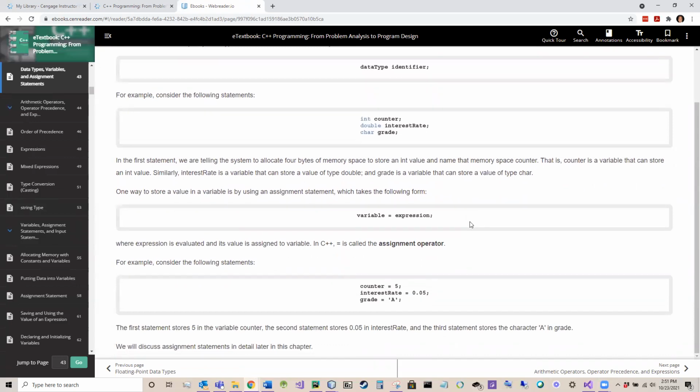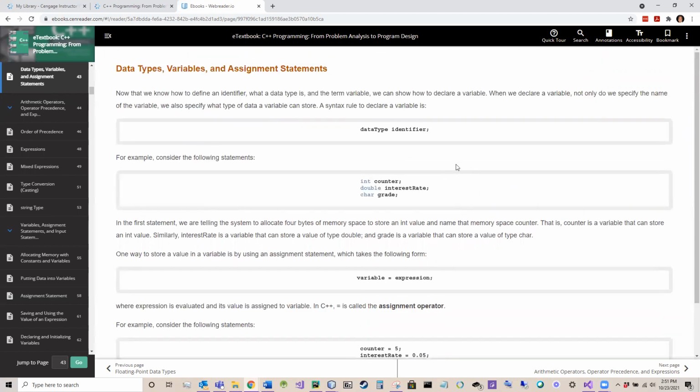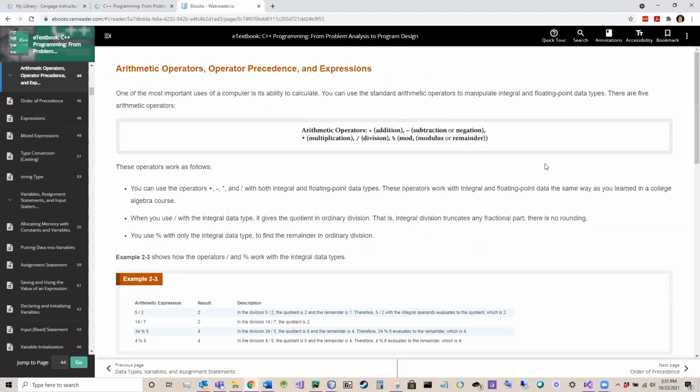Okay, some of the newer languages like Python will actually figure it out for you, and you don't even need to call out what data type it is. But some programmers like that, some programmers don't like that. It is safer for the programmer to determine which type should be used. Okay, so this section here is just really outlining that you need a data type in front of your variable name, and we went over the different data types that are available. All right, now